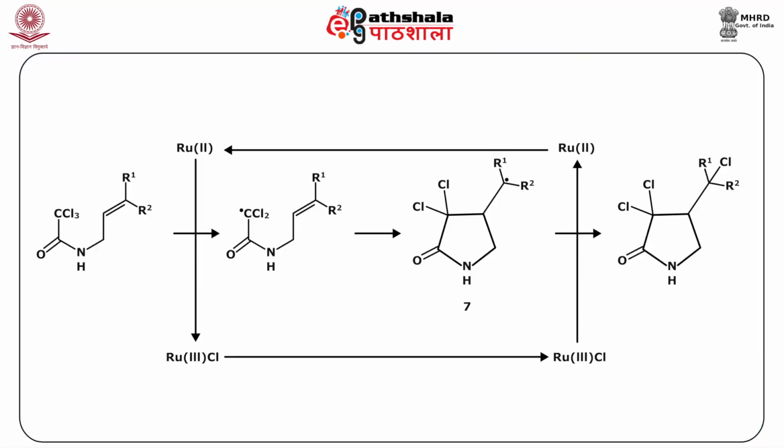The ruthenium(II) catalyst initiates the process by abstracting a chlorine atom from the trichloro group of the substrate 6 to form a carbon centered radical as shown in scheme 5. This radical then undergoes a 5-exo-trig cyclization to form a 5-membered lactam ring as shown in structure 7. Finally, quenching of the terminal radical occurs with the reduction of ruthenium(III) to ruthenium(II) to complete the catalytic